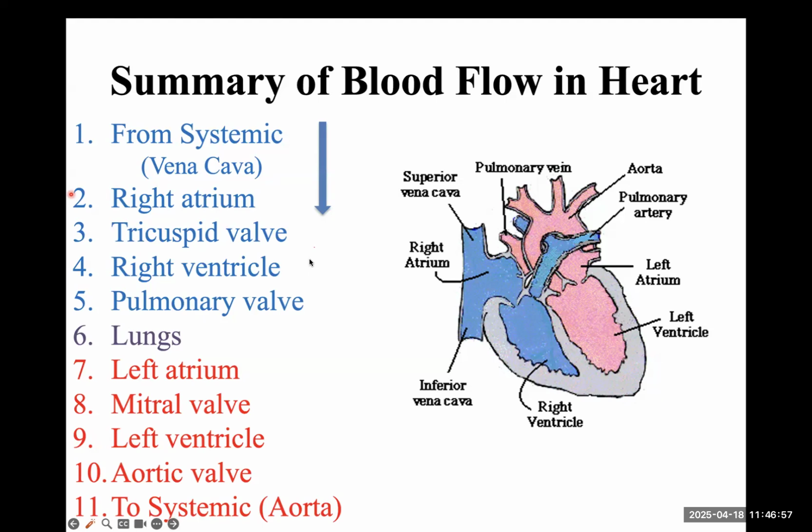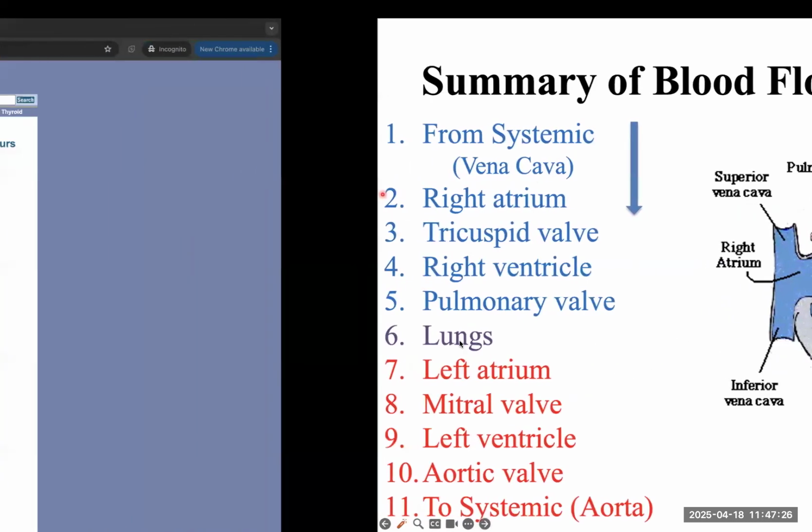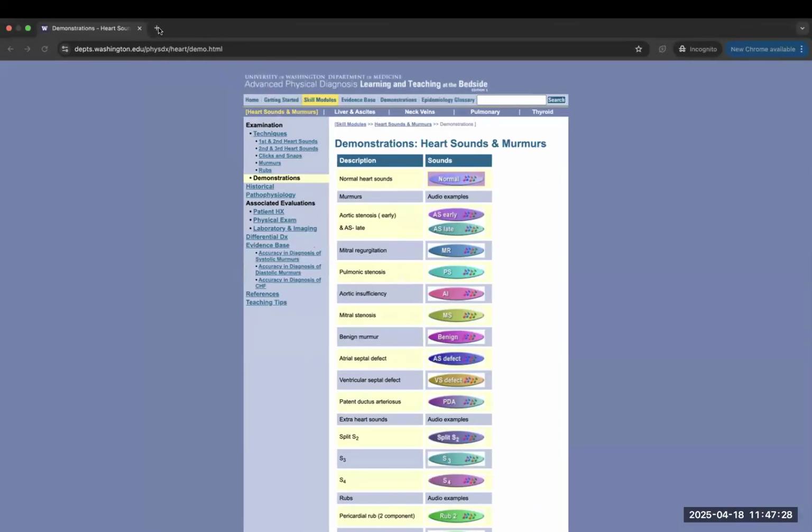In the lab, I want you to get a heart model and trace this blood flow through the heart. And I learned this pretty early. So this is something you have to memorize, the path of the blood through the heart. And a lot of 10-year-olds these days know the path of the blood through the heart. So this is something that you do need to memorize, and you need to be able to identify all the structures on the heart and on the model. So for the heart model,